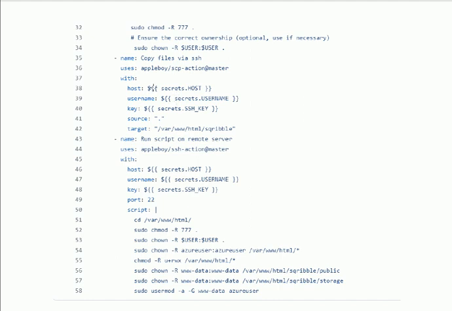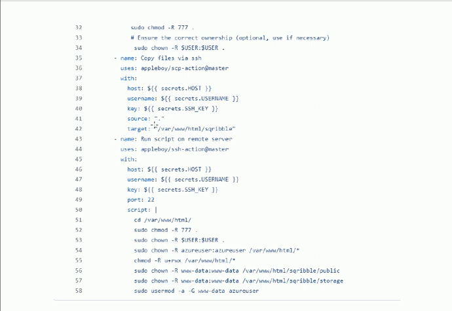Copy files by SSH, the SCP action master. Again, as we are copying to the server, we shall make sure that our connection is active. So in this case, again we use the variables username and the SSH private key, as I have already mentioned.